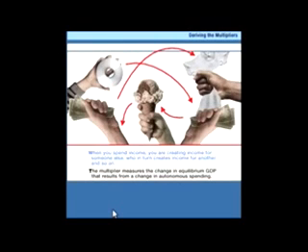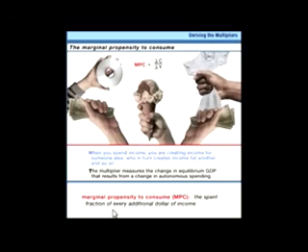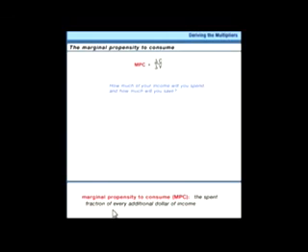The marginal propensity to consume is defined as the change in consumption that results from a change in income. That is, if you get $1 additional of income, how much of it are you going to spend and how much of it are you going to save? Suppose the marginal propensity to consume is 50%, or 1/2. That means of every dollar that you get, every additional dollar, you're going to put half of it in savings